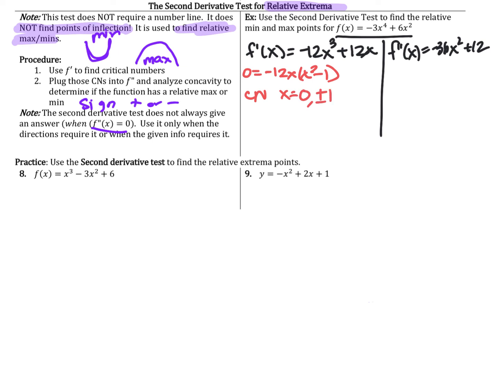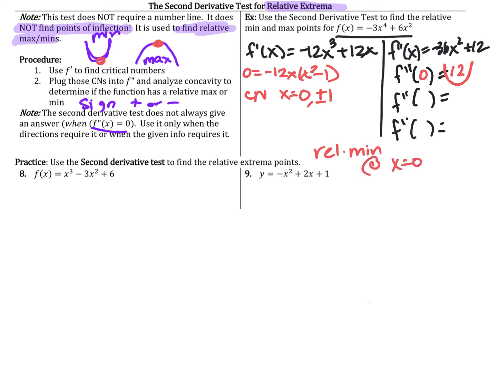So what the second derivative test says is that you can take the second derivative and plug those critical numbers into the second derivative. If what you get when you plug them in is positive, that tells you that the graph will be concave upward and you would have a minimum there. If the second derivative is negative, that would tell you the graph is concave downward there and you would have a maximum. So if I plug 0 into my second derivative, I get 12, which is positive, which means concave upward. That means that we have a relative min